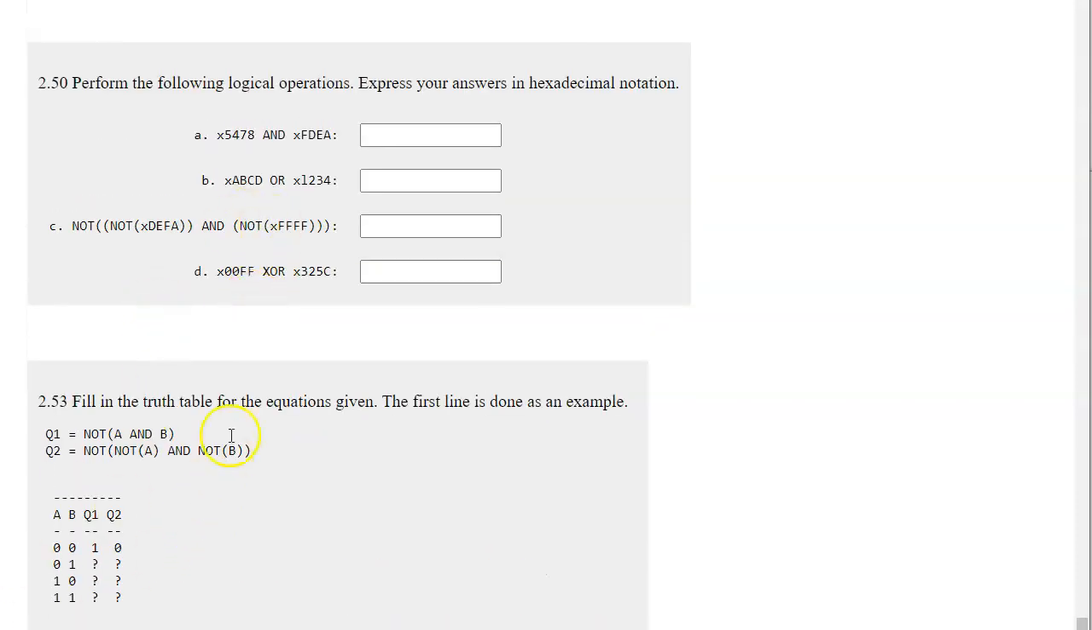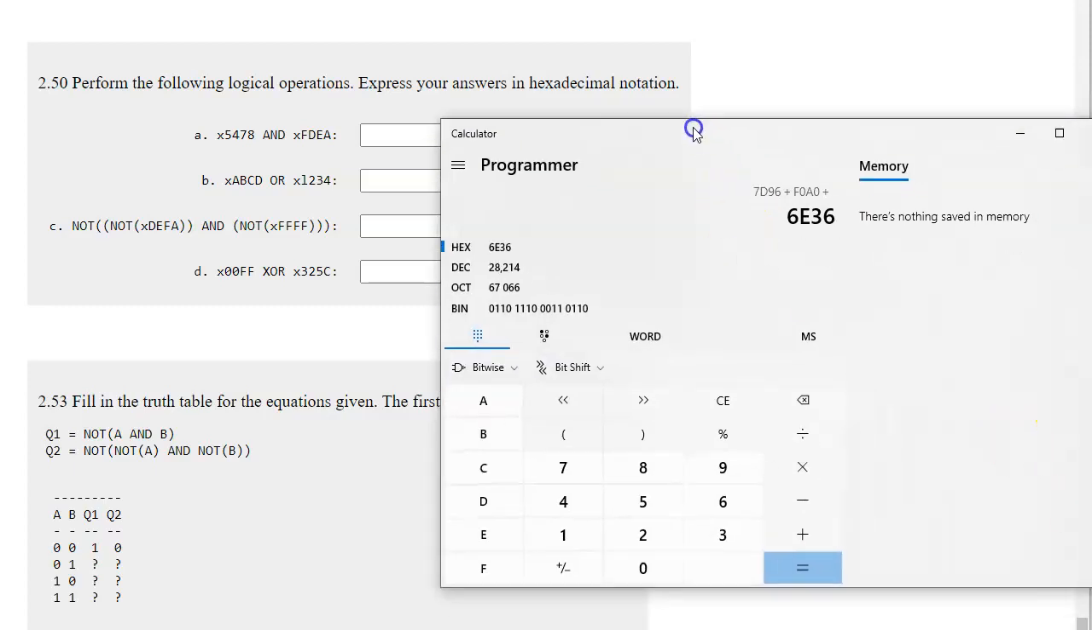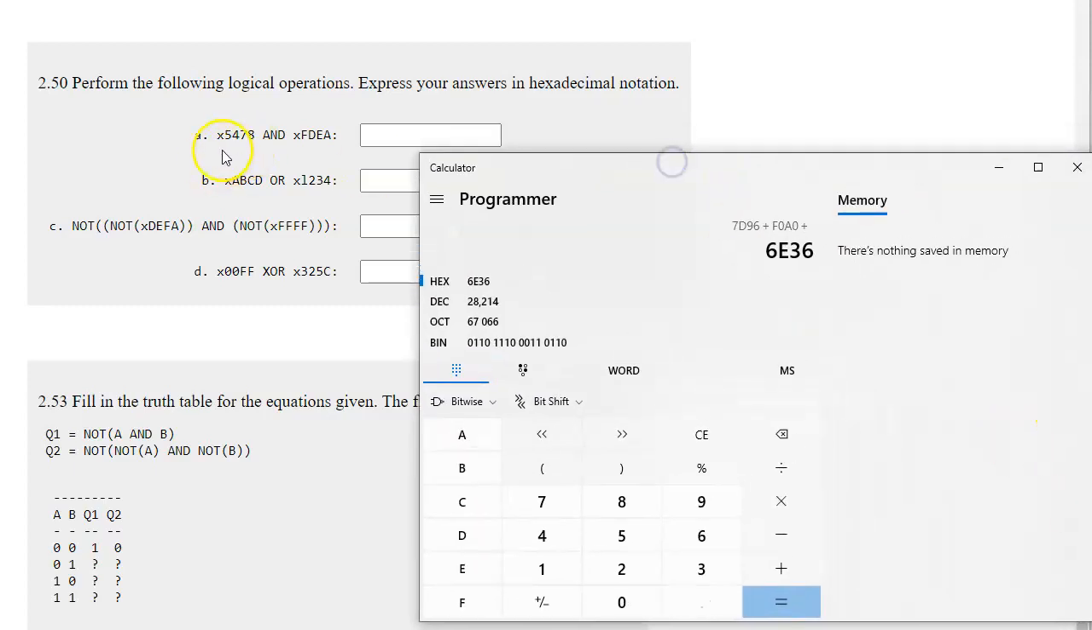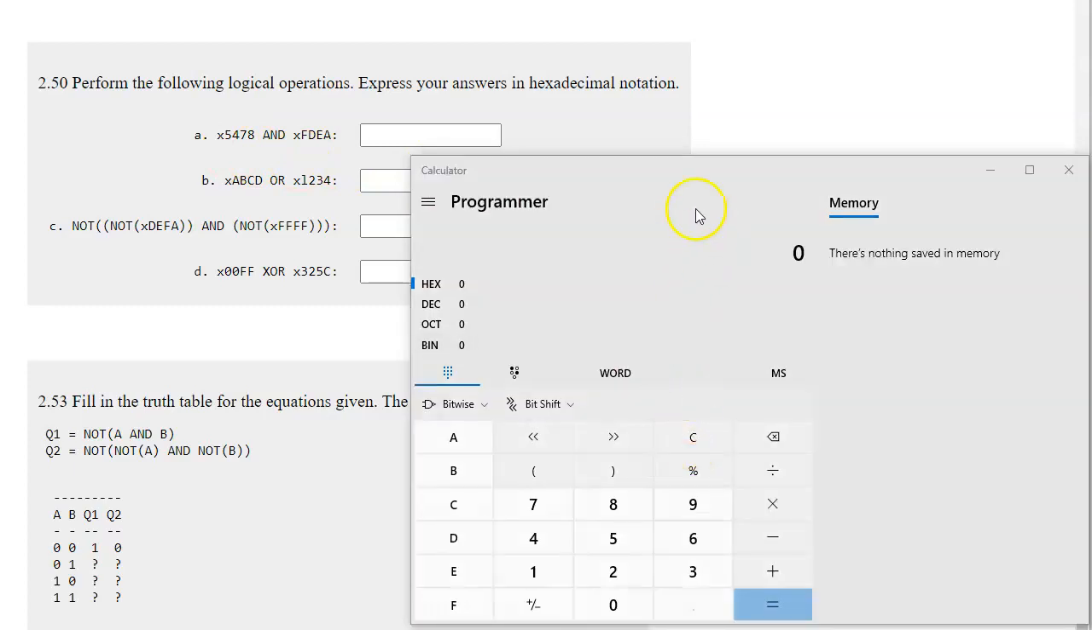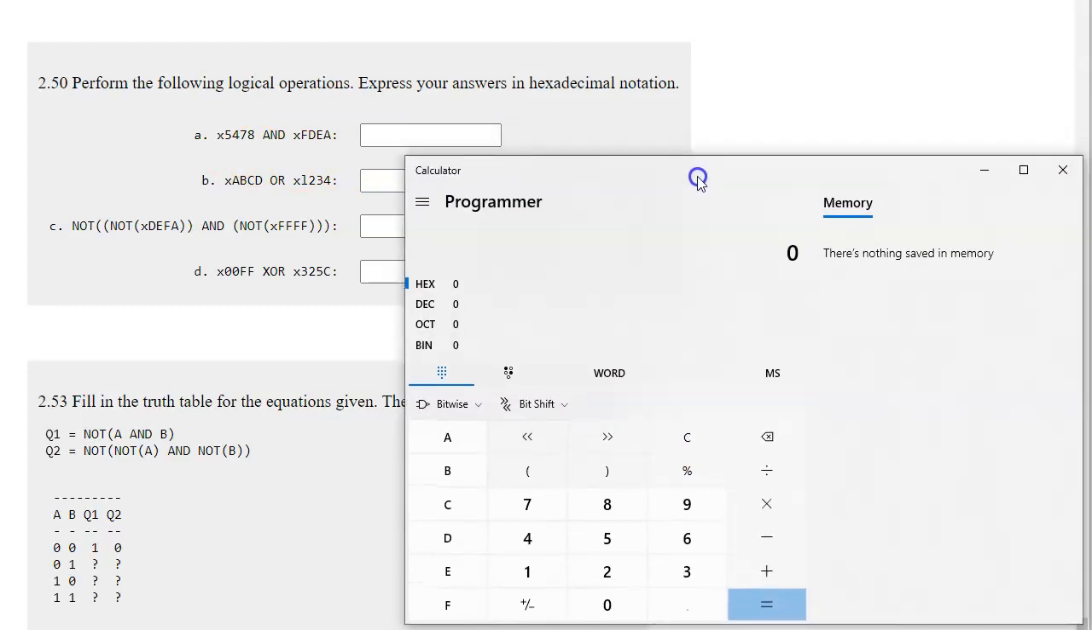Perform logical operations and express your answers in hexadecimal notation. So we discussed all of this already, and I guess it would be a nice idea to continue using the calculator to make sure that the calculator gives us the correct answer. Let's just try the first example right here. I'll clear this and carefully input